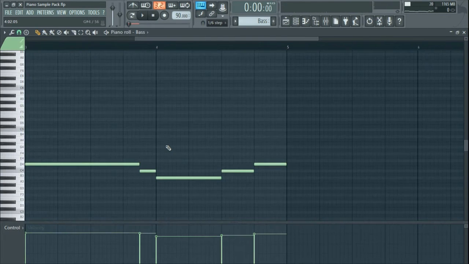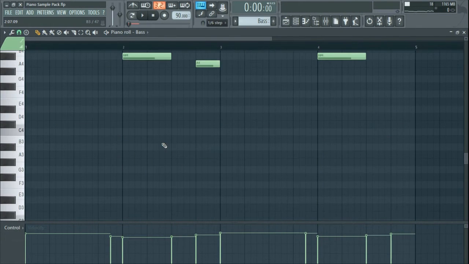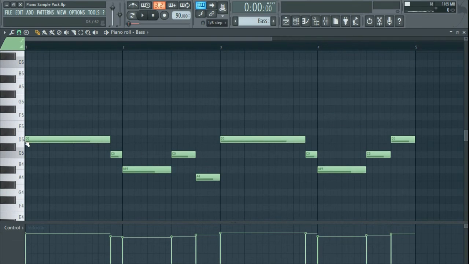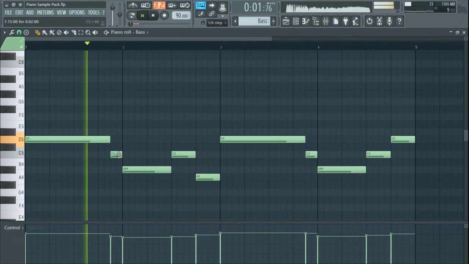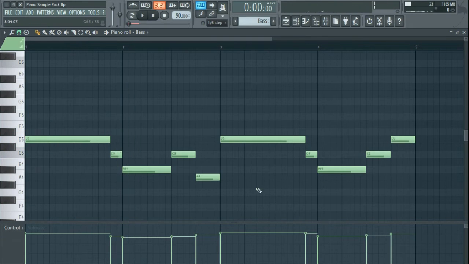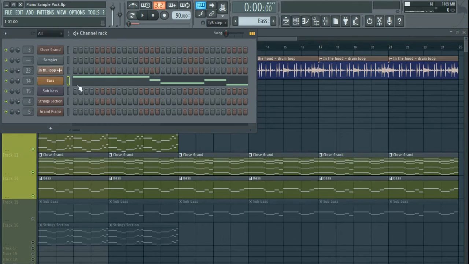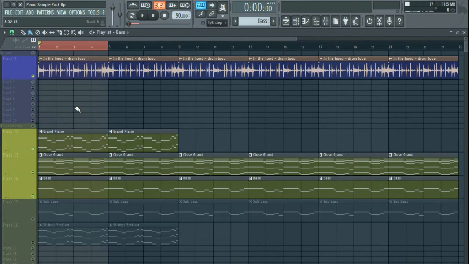It's not bad, but I liked this high notes, and what I did was keep the bass with the high notes because it gives a nice frequency, a nice tone to the bass. And because I felt that we didn't have too much sub bass, I added a sub bass, and you will see the difference.